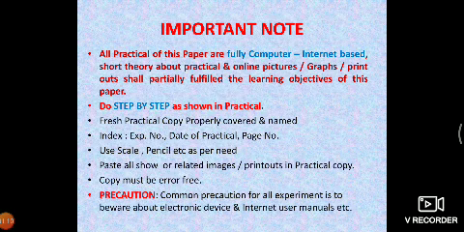So an internet connection and a better mobile or PC is a mandatory requirement for these practicals.